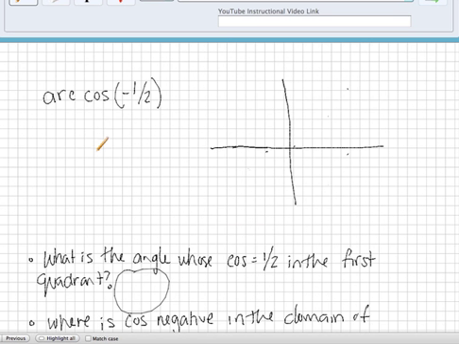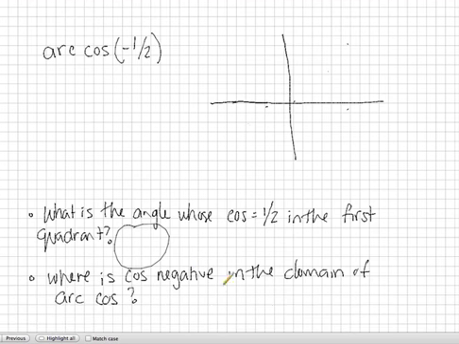If we are going to determine the arc cosine of -1/2, we actually have two separate questions to answer. The first one will help us determine the magnitude of the angle. And the second question is going to help us determine which quadrant it's in. So the first question, what is the angle whose cosine is 1/2 in the first quadrant? So we're just looking at the number here. So if we're in the first quadrant, the angle whose cosine is 1/2 in the first quadrant